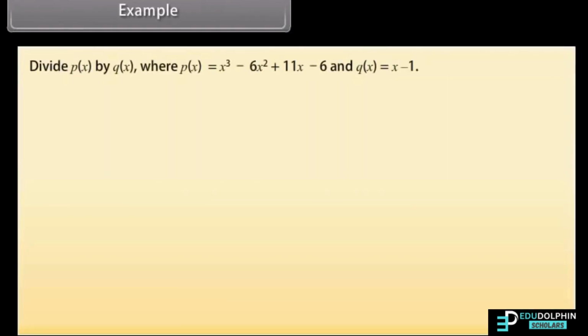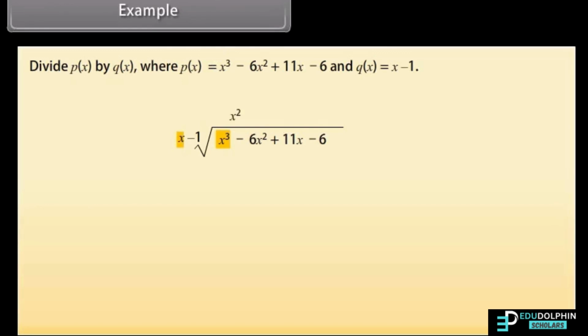Example: divide p(x) by q(x), where p(x) is equal to x cube minus 6x square plus 11x minus 6 and q(x) is equal to x minus 1. We can write it this way also. The next step is to divide the first term of the polynomial. The first term should be the one with the highest power by the x part of the factor. In this case, you divide x cube by x to get x square, which you then write at the top